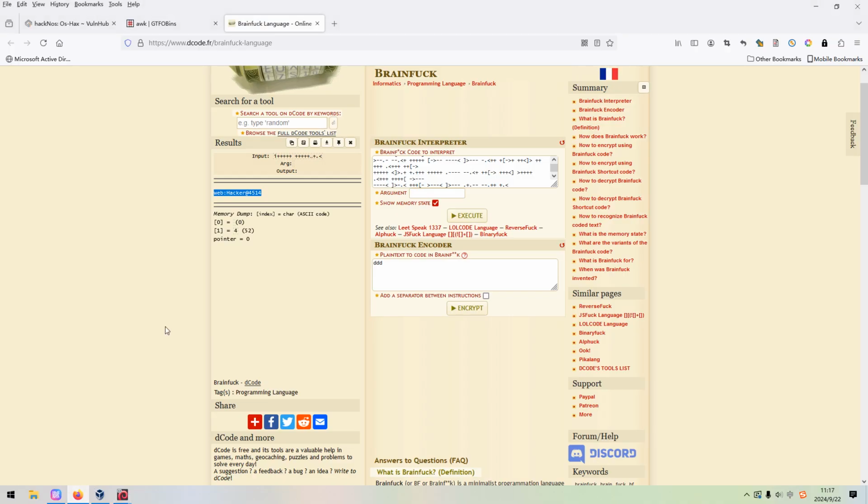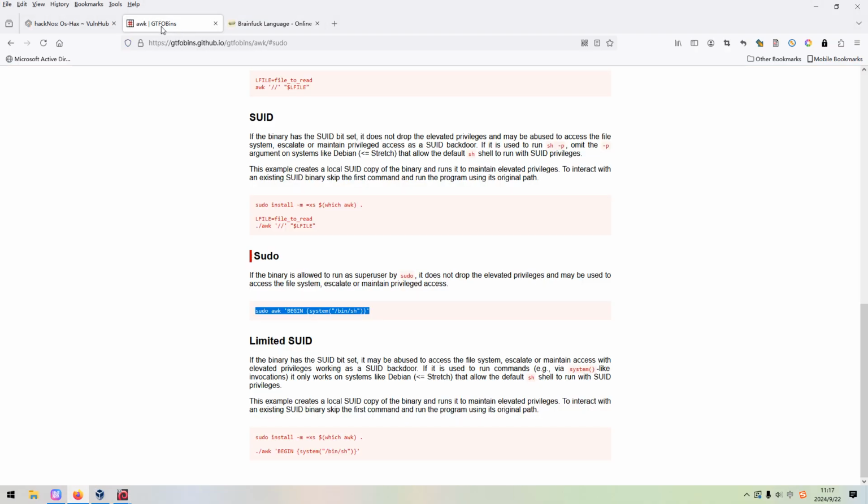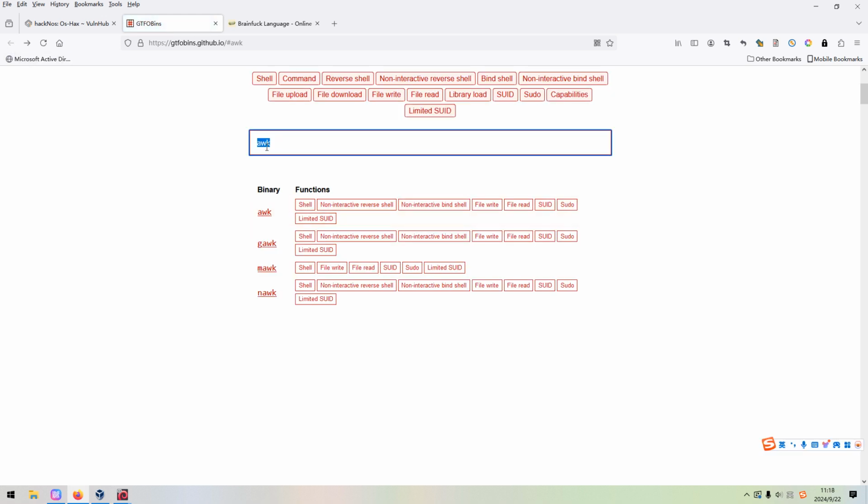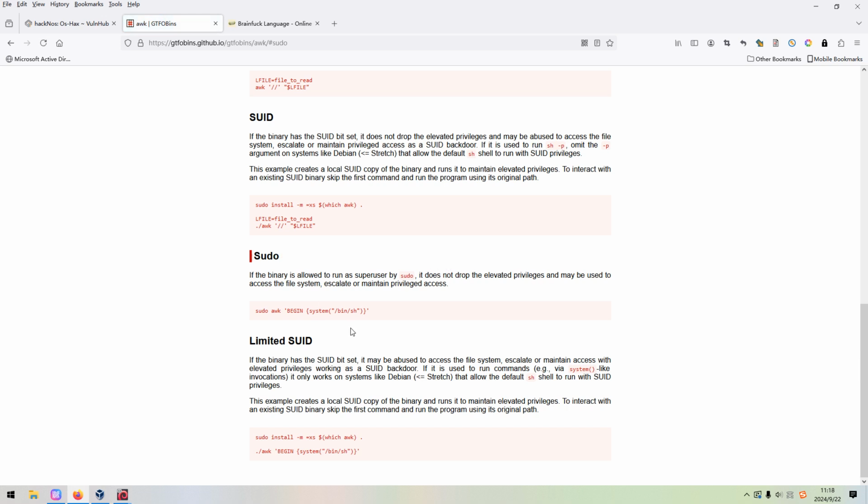Then we can go to the GTFOBins website, and the link will be added into the description section as well. You can go to sudo. Of course, if you go back, you can input or submit AWK, and then go to sudo, and you can get the command or instruction to elevate privilege.